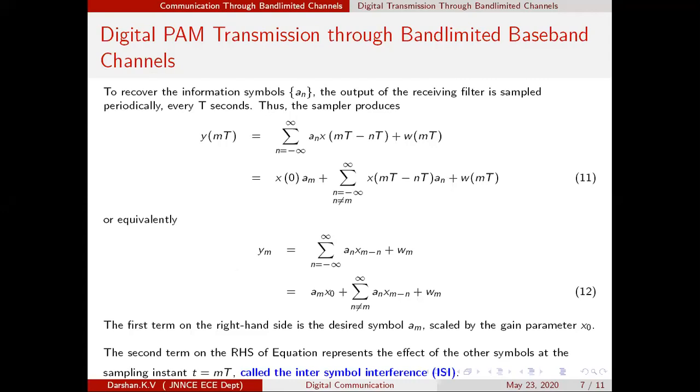Now if you observe this, this is the noise component. So let us keep it as it is. Let us not analyze the noise at this particular instant. We will just get into this summation. What does this summation contain? It contains an infinite number of terms. In this infinite number of terms, let us extract one term, and we will retain the other terms.